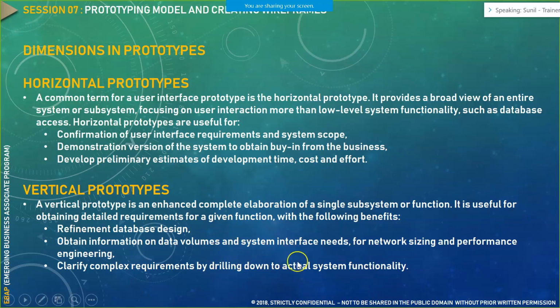So whenever you want to explain a batch process being executed by a hit of a particular button, for example, if you click on a button like backup or restore, so these two buttons, backup and restore, would trigger a batch process behind the system. So after clicking on that particular button, what would be the behavior of the system? How your system would be interacting with any third-party system, and how the batch process would execute. What information you would be sending to the third-party system, and what information the third-party system would be sending to your system. Those kind of detailed elaboration has to be done in this context when you are dealing with vertical